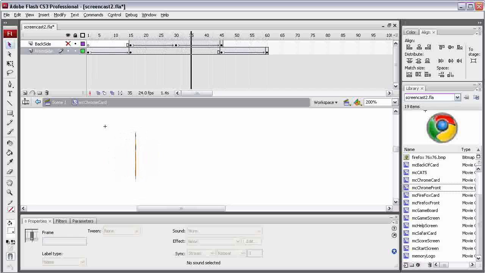So now, if I make the backside visible again, we'll see that we have a nice working Chrome card. How fun is that? To do the exact same thing with a different